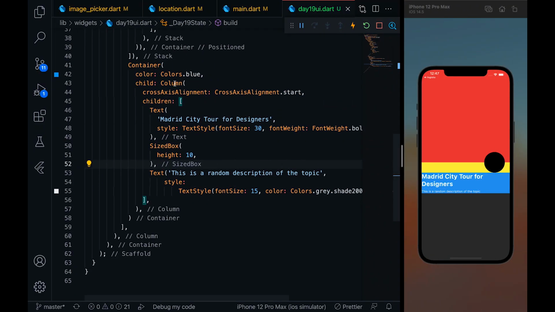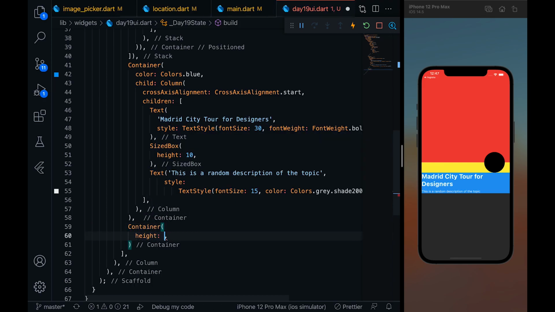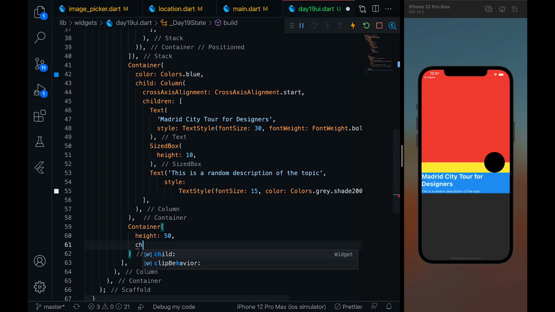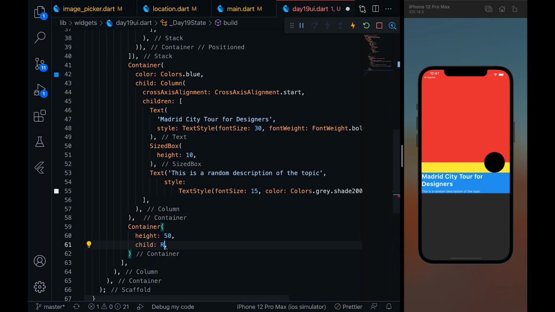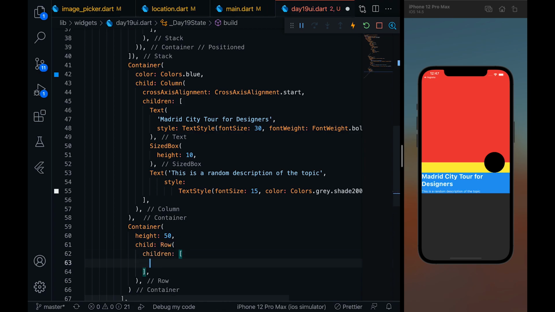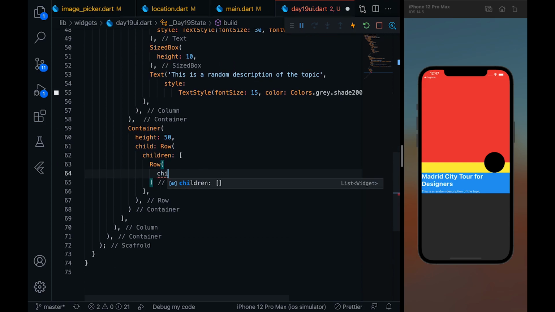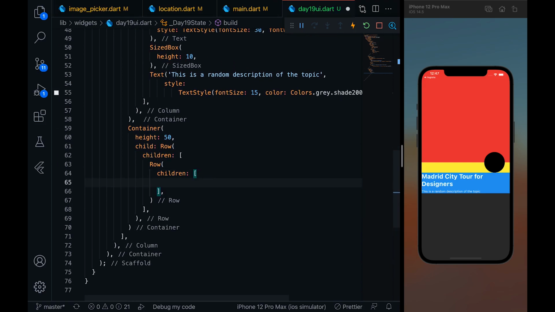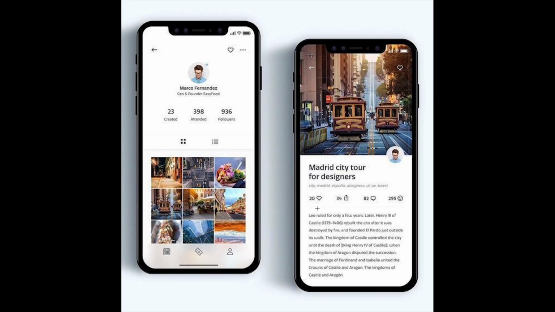So again, what I'll do is let me just put one more container, and this time the height will be fixed of 50, and this is going to be having a child of row, and this row will be having some children, which will be again row, and row is having children, and the first child will be 20 and the icon.